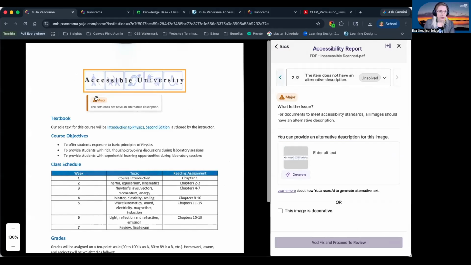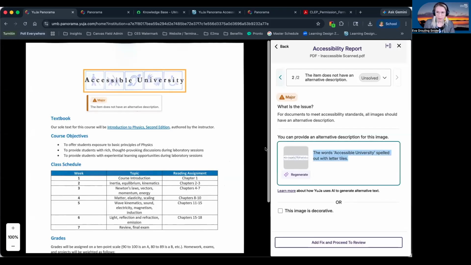And here we see an example of the platform identifying which content this is. This is really useful if you've got a lot of images. It's going to highlight the individual image that you're working on, and then you can enter alt text. There is an AI generate alt text option. I do not recommend you use this because the alt text it generates is typically very bad alt text. So I would never use that personally.